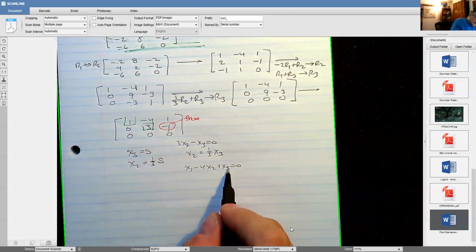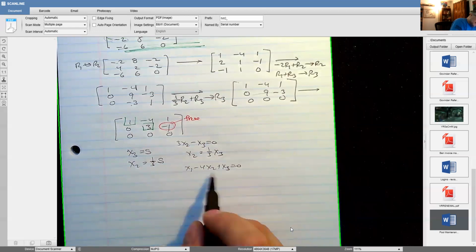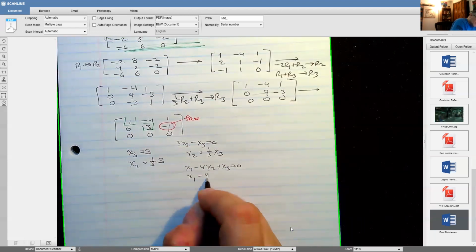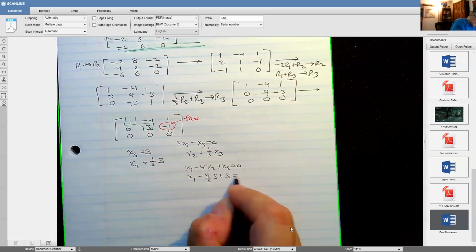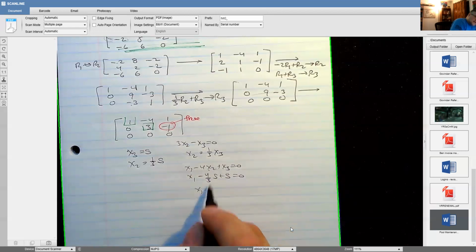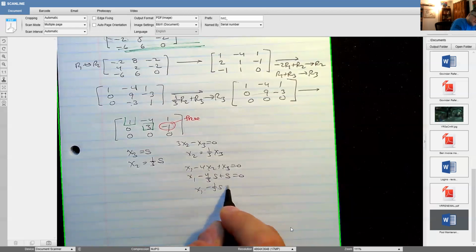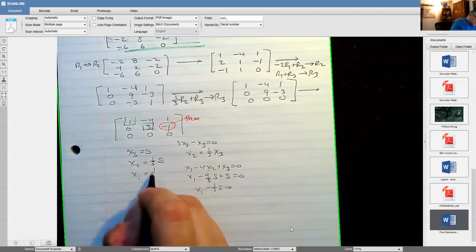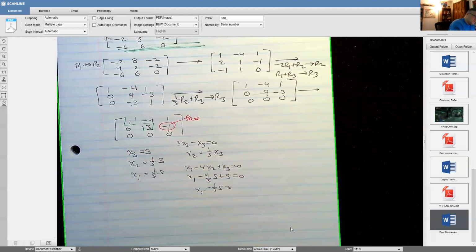Put in s for that guy and 1/3 s for that guy. So I have x1 minus 4/3 s plus s equal to 0. x1, that's minus 1/3 s. And so x1 is also 1/3 s. Okay. So the eigenspace for lambda equal -3, remember the vector, so the solutions,